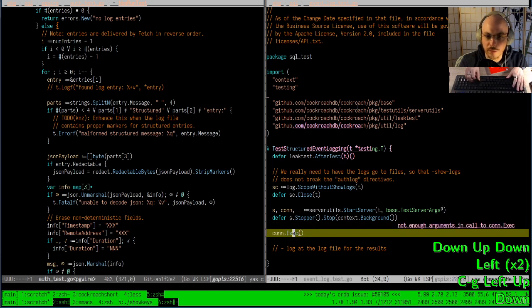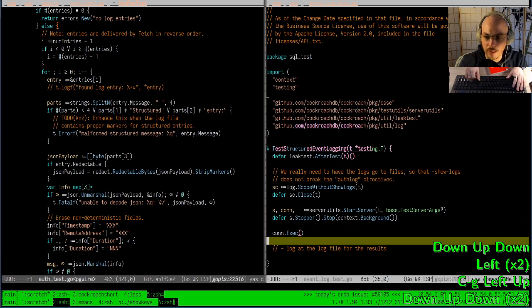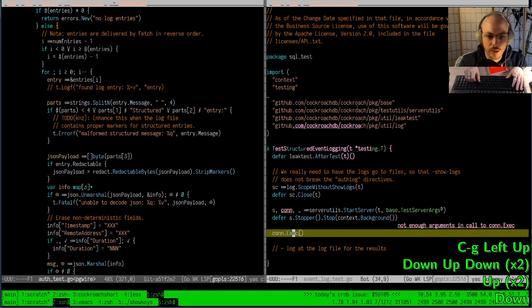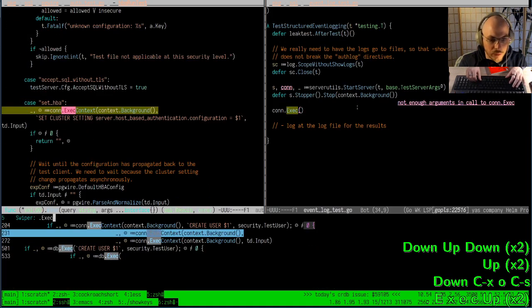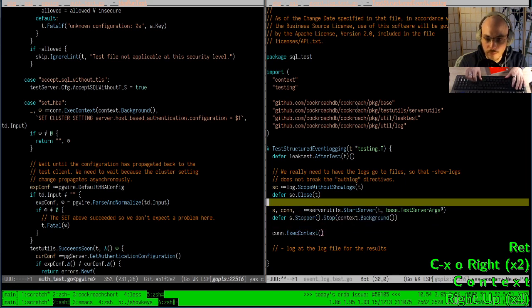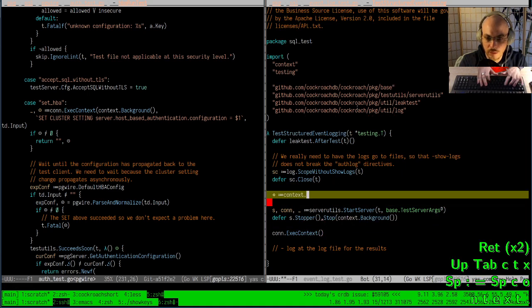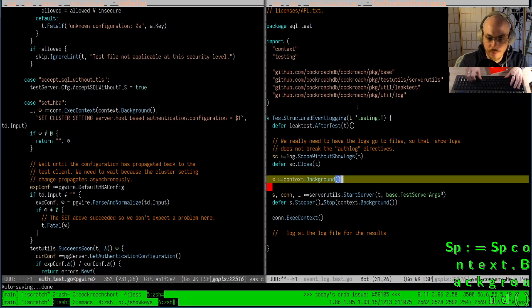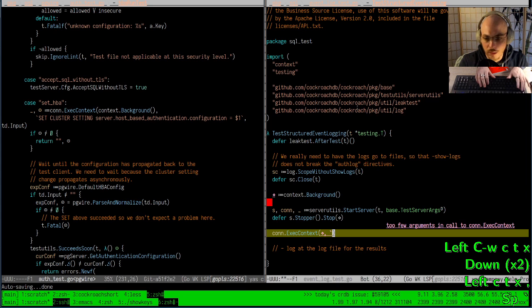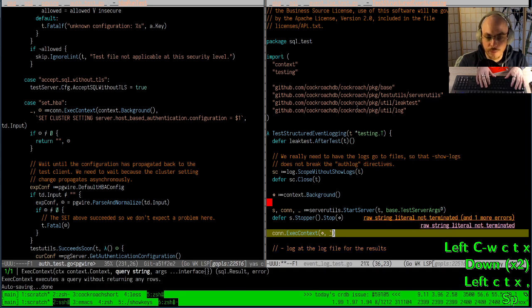I'm not getting a highlight on this. I think that the core language server has given up. I don't remember how it works, so we are going to set this. Right. And then first